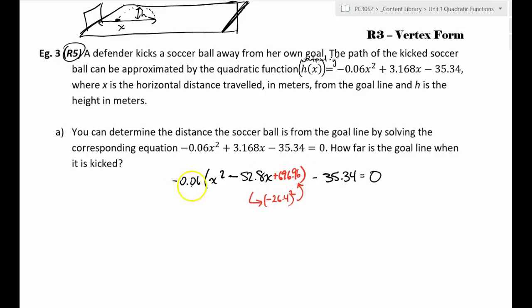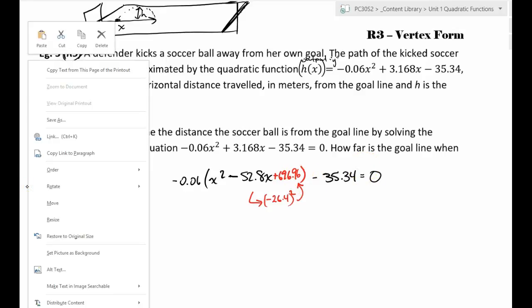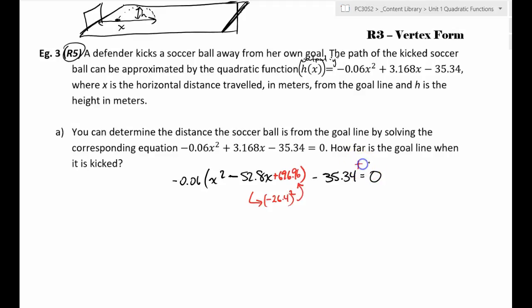I'm actually subtracting 0.06 of this, which would be 41.8, so I'm going to add that out here. 41.8176 technically. Okay, so when I go to rewrite this, I'm left with negative 0.06 times x minus 26.4 squared,